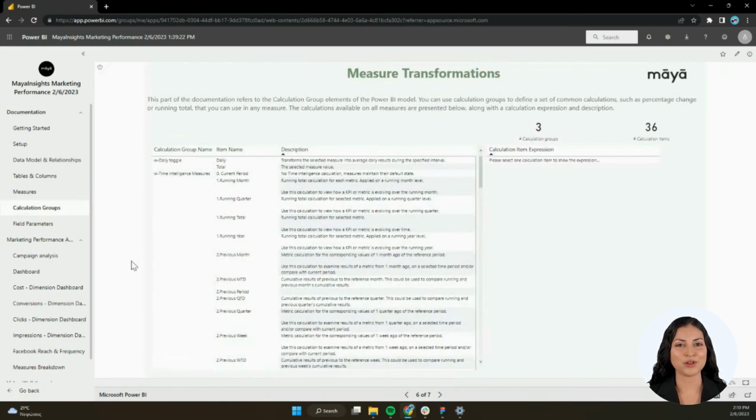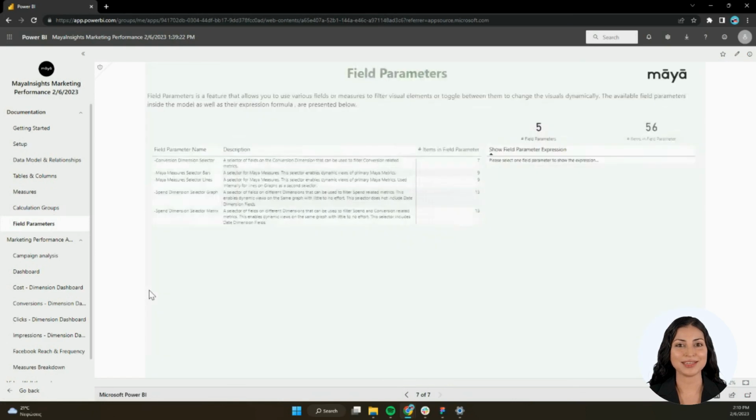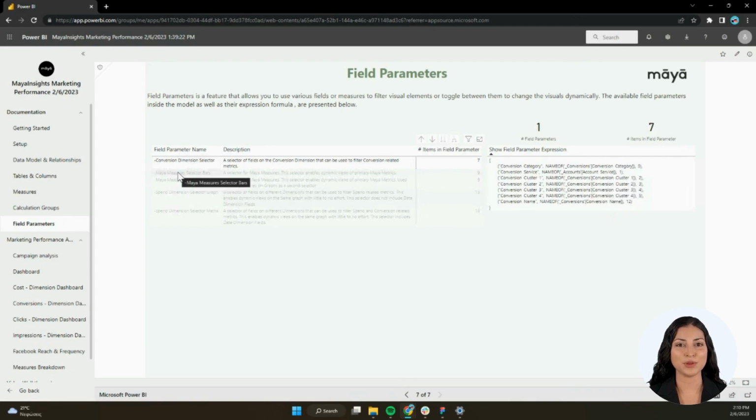Next, we have the calculation groups, which are actually calculations in terms of Power BI modeling. Again, on the right side, you can see the expression formula used to calculate each element. And last but not least, we have the Field Parameters tab. This tab lets you select from a variety of fields or measures to filter and make dynamic changes to your visuals. You can see all the available options on the left side of the screen and the formulas used on